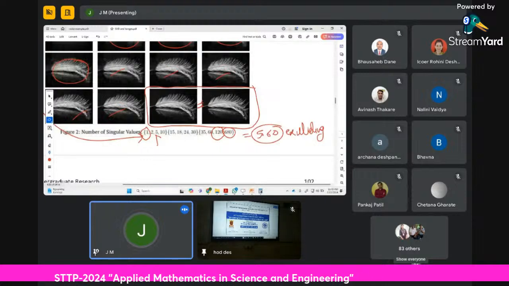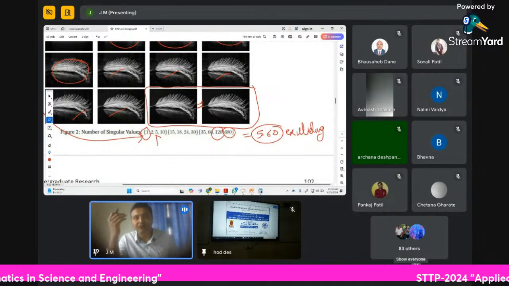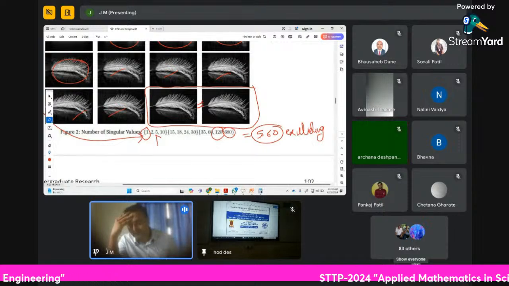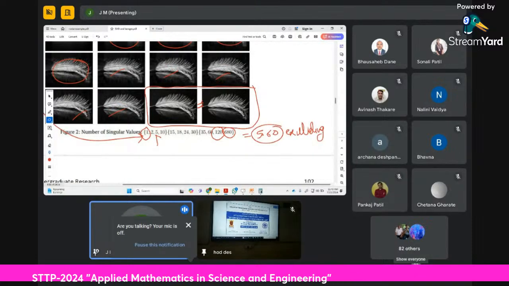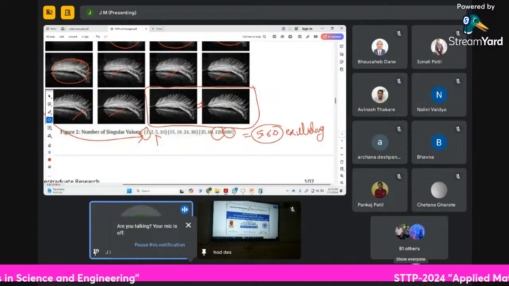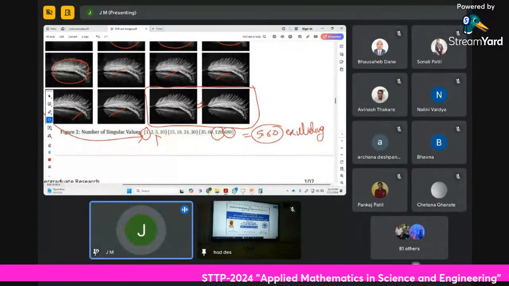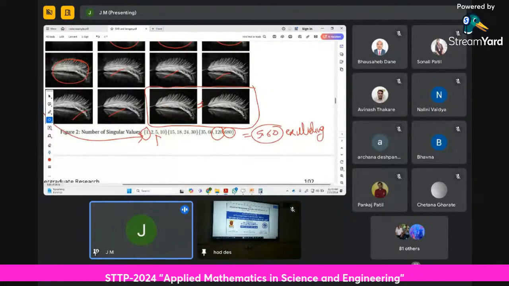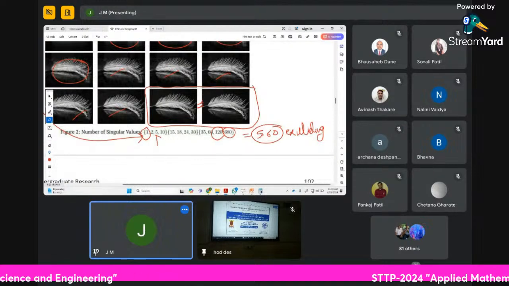Like my friend, like when we click a photo, now everyone has a good camera nowadays with 48 megapixel, 50 megapixel. I don't know whether you observe photos sent through WhatsApp. Then image quality decreases a little bit. If you're a good observer, you will realize that, and that's why my friend told me not to send through WhatsApp, to upload it on Google Drive and send the link. But